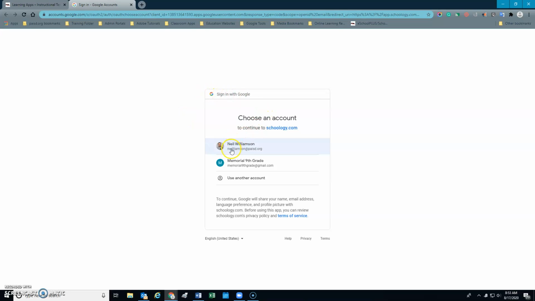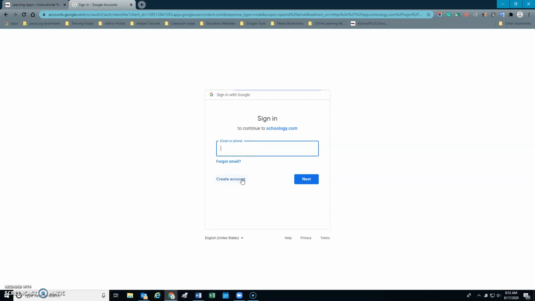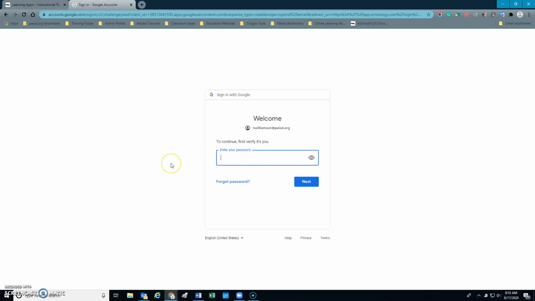If we have our account set up, it will show our name with our school email. It should be a PAISD email. If you do not have a school email on there for your student, you can click on Use Another Account and enter in the information. It will look like this, and I will type in my school email, and then I will type in my password,